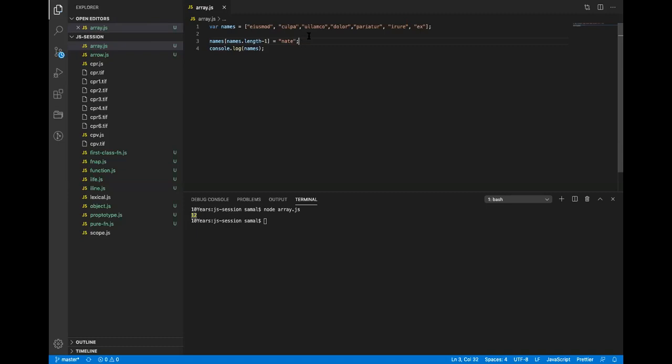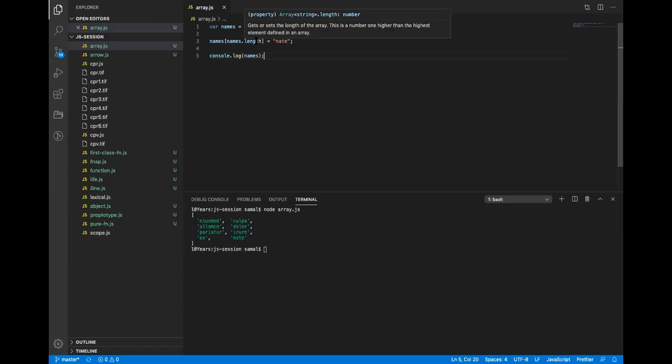Right. So now if I do this, it will add another value called net. Add another value at the last index. Length minus one is basically where the last value is present. So if you want to add anything to an array, you basically have to use length. Right? So this is the standard way for the data types.